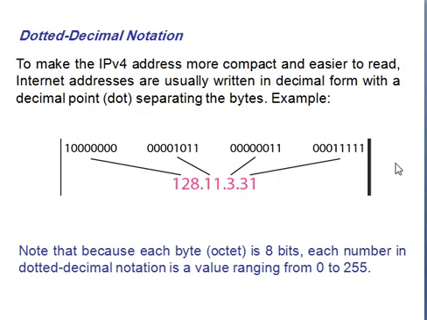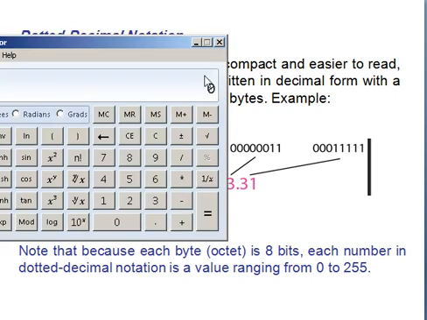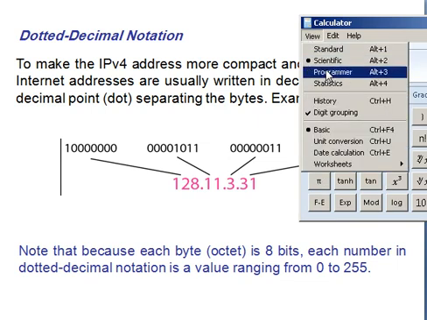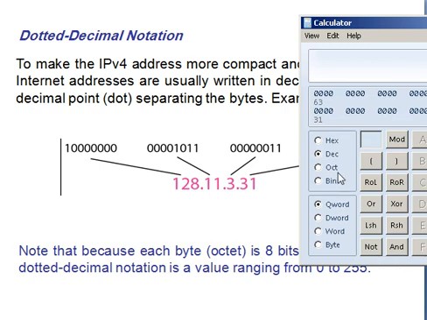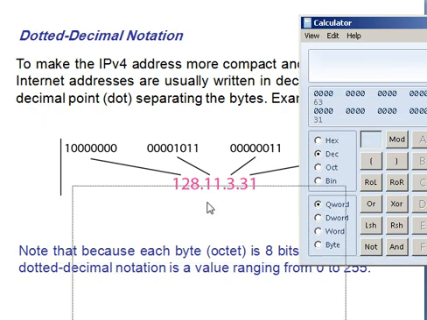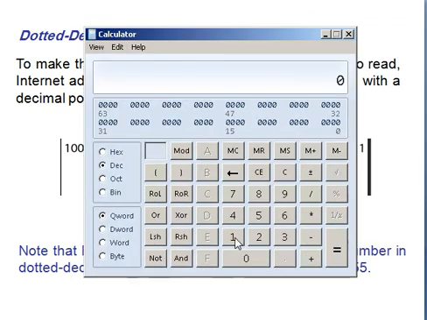So let us have an example of IP version 4. For example, this is a decimal number and this is a binary number. If we convert it to decimal, we can use a calculator if you like, but you should be able to calculate it by yourself. So we have a decimal. What is the number? 128.11. So 128,